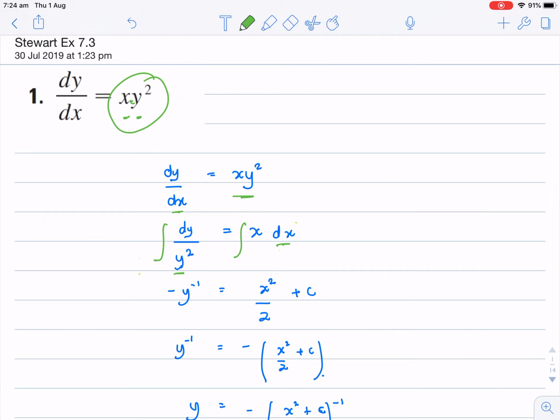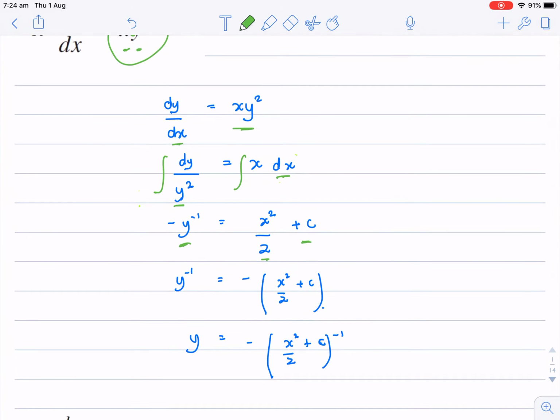So 1 on y squared is y to the power of minus 2. That'll give us negative y to the power of minus 1. And x becomes x squared on 2. Don't forget your plus the constant. Now, how you leave it, well,